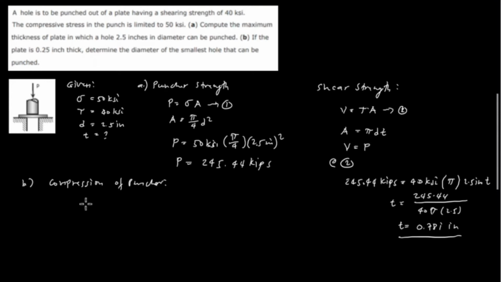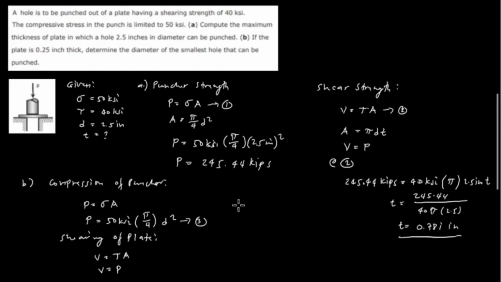so for the compression of puncture, we have P is equal to sigma times A, and the sigma is 50 psi, then multiplied by the area, which is pi over 4 d squared, pi over 4 and the diameter d squared, and this is for P. Next, for the shearing of plate, which is V is equal to tau times A, where V is equal to the force P, which is equation